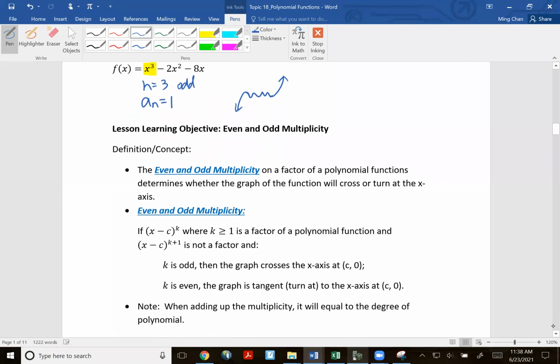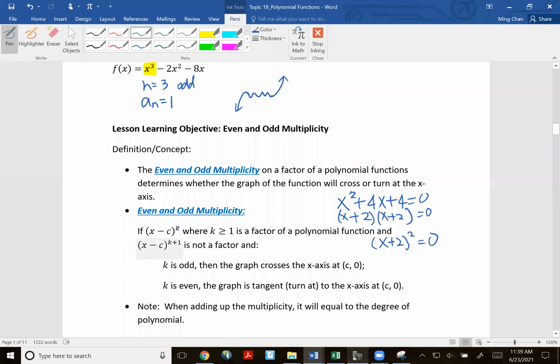Okay. How did I know earlier that x squared plus 4x plus 4 will turn? Well, I knew that because if I factored it, this is a perfect square binomial. I make a big deal about that before because perfect square binomial is where the two parentheses are exactly the same, right? 2 on the outside, 2 on the inside, that give me 4x in the middle. X plus 2 times x plus 2. If they are exactly the same, you can write this as x plus 2 whole thing squared. So